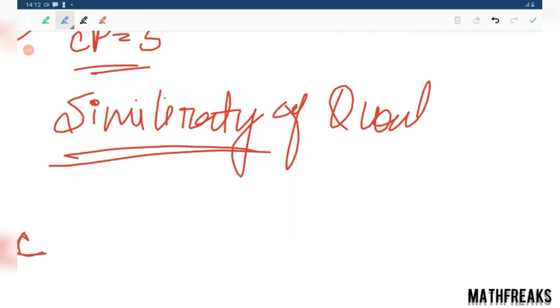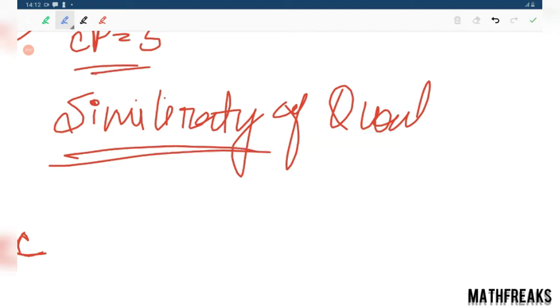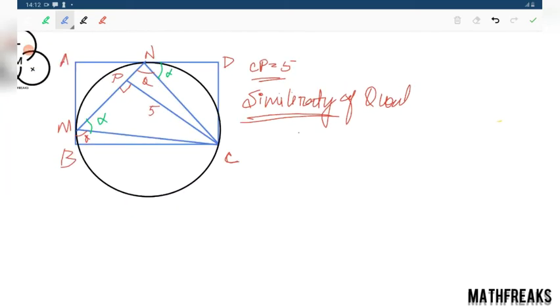So similarly, similarity of quadrilaterals, that is the non-routine part. We have to derive some idea from the routine part. We have to go for some generalization. Now, which two quadrilaterals are similar to each other? Theta alpha, you just use this theta alpha logic. Theta alpha parallel lines are there.